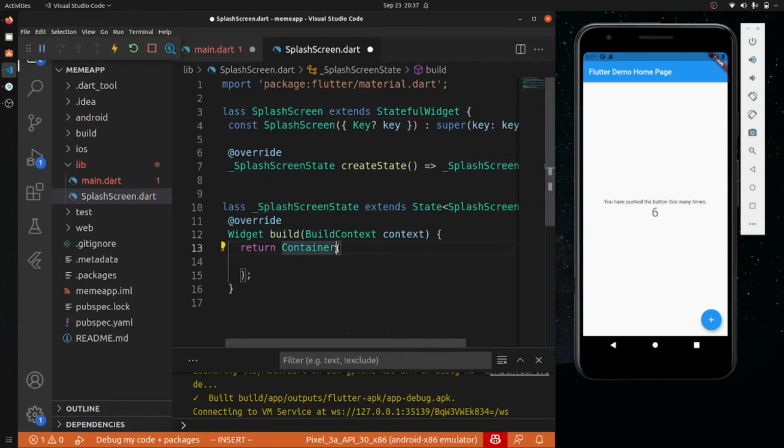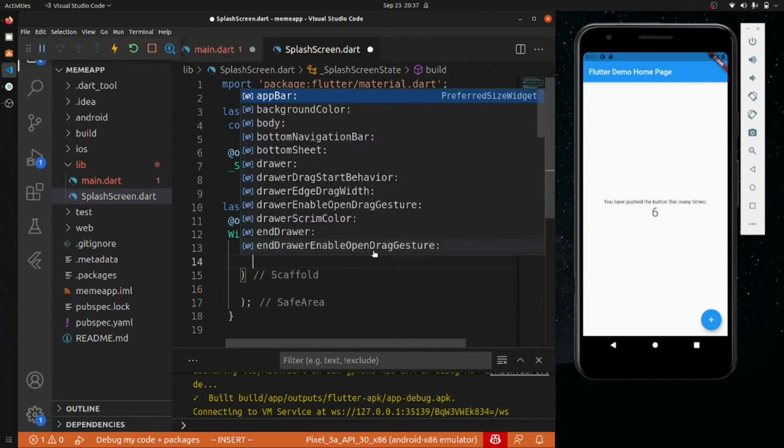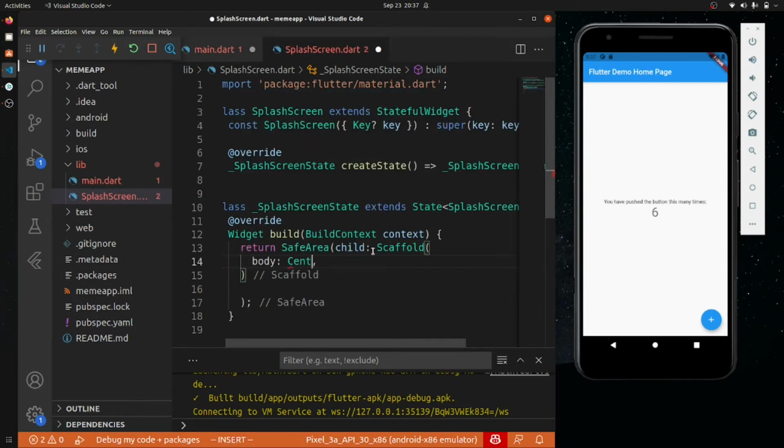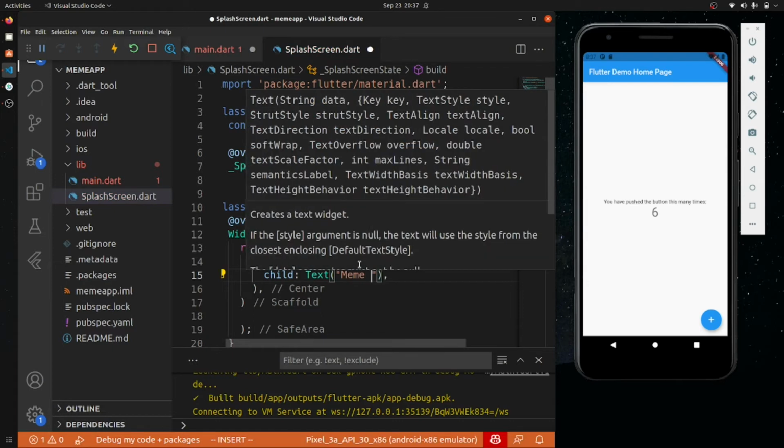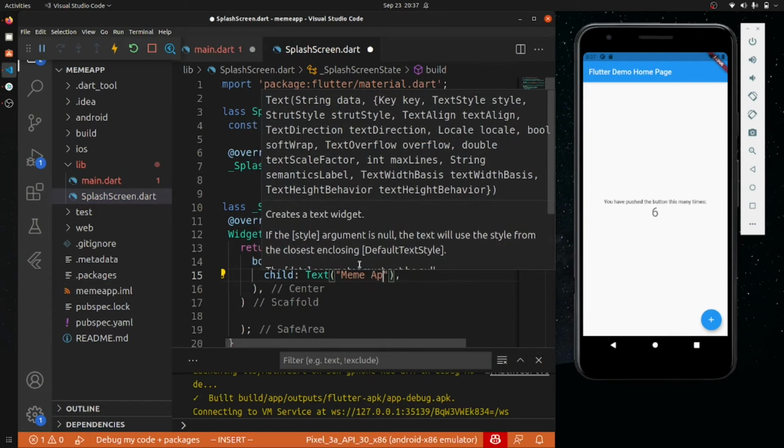Then we will have a safe area, and the child will be scaffold, and then the body, and inside this a center, and in the center a child which will be a text, meme app.